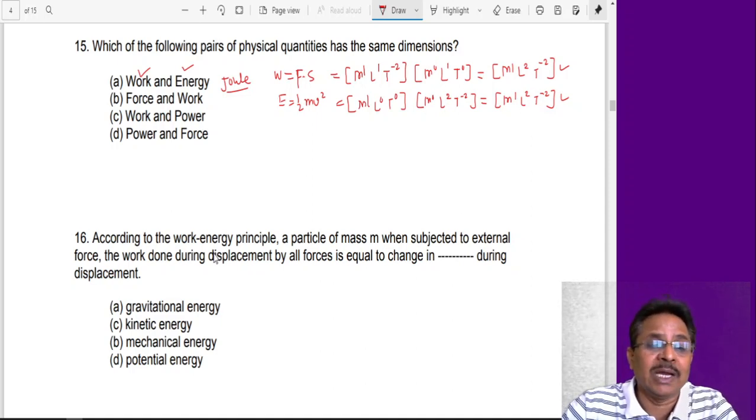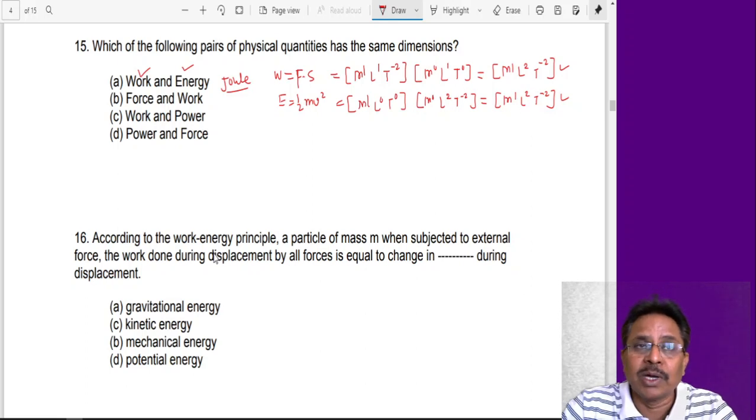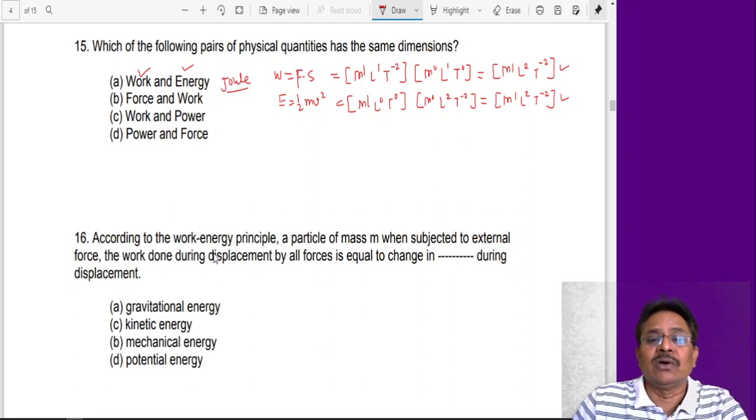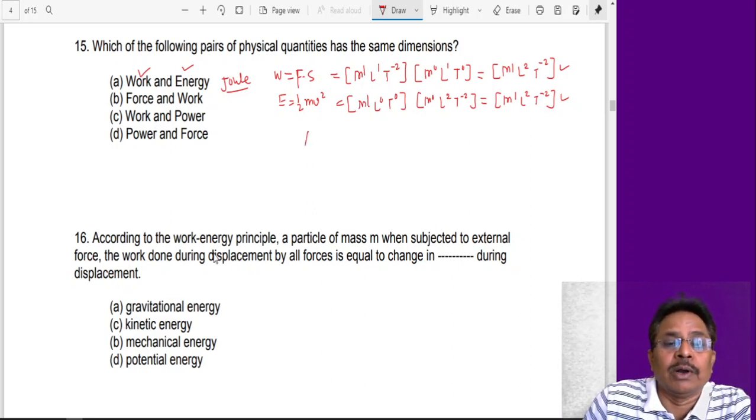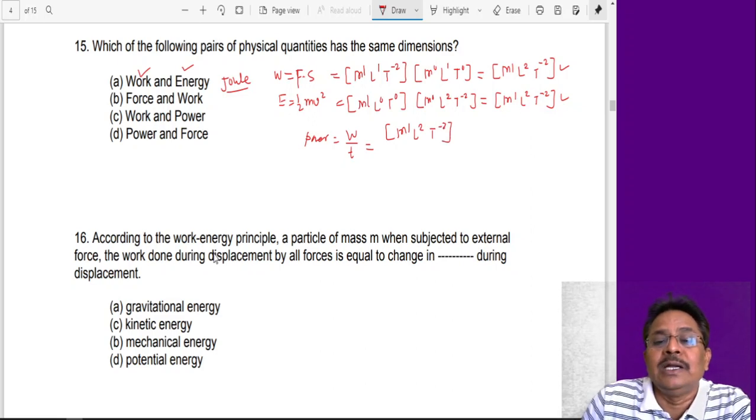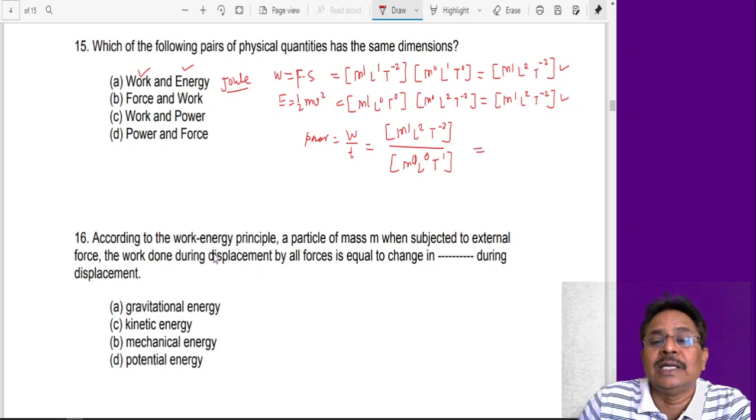If I go for work and power, power is work per unit time, so one of the T gets cancelled, so we can go for that. So this is for the work. For power, power is work per unit time, so work has dimensions m raised to 1, L raised to 2, T raised to minus 2, and we divide by m raised to 0, L raised to 0, and T raised to plus 1. So adjusting this, I get simply m raised to 1, L raised to 2, and T raised to, now if this 1 is taken there,